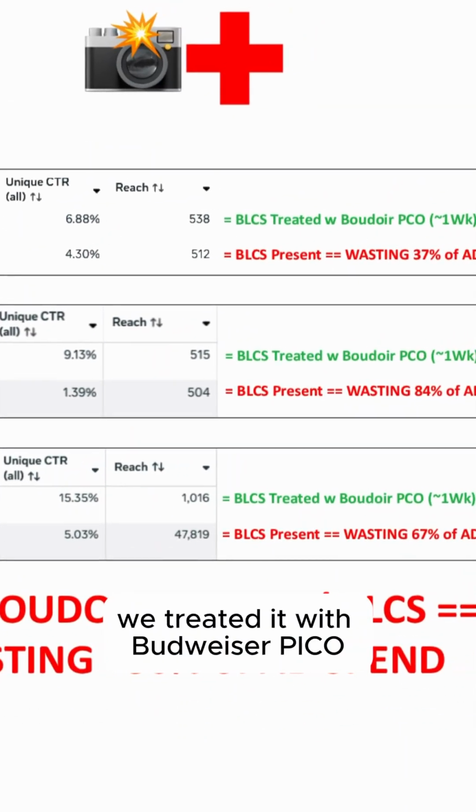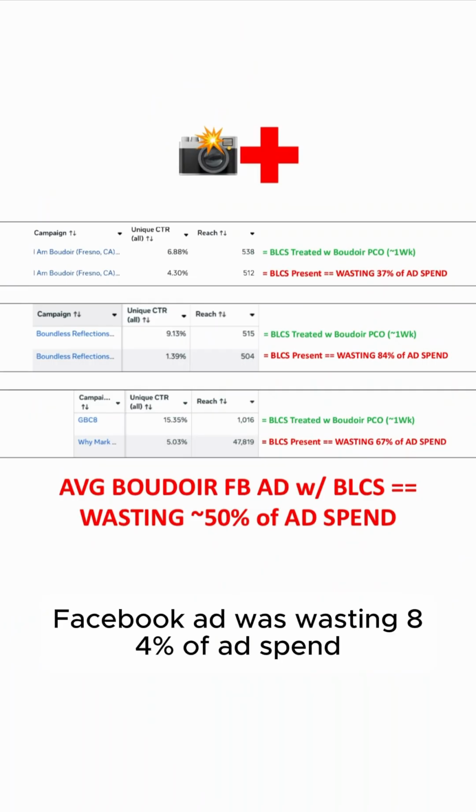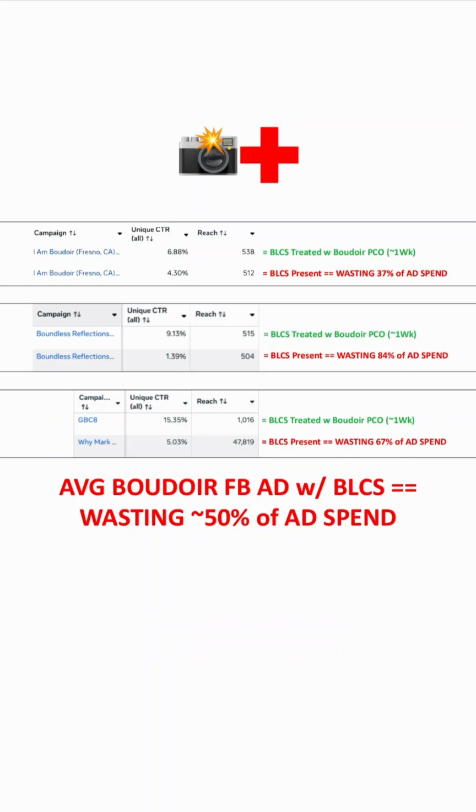So we did. We treated it with Boudoir Pico, took about a week, and we got the unique CTR all up to 9.13%. So we found out the original Boudoir Facebook ad was wasting 84% of ad spend. As a result,